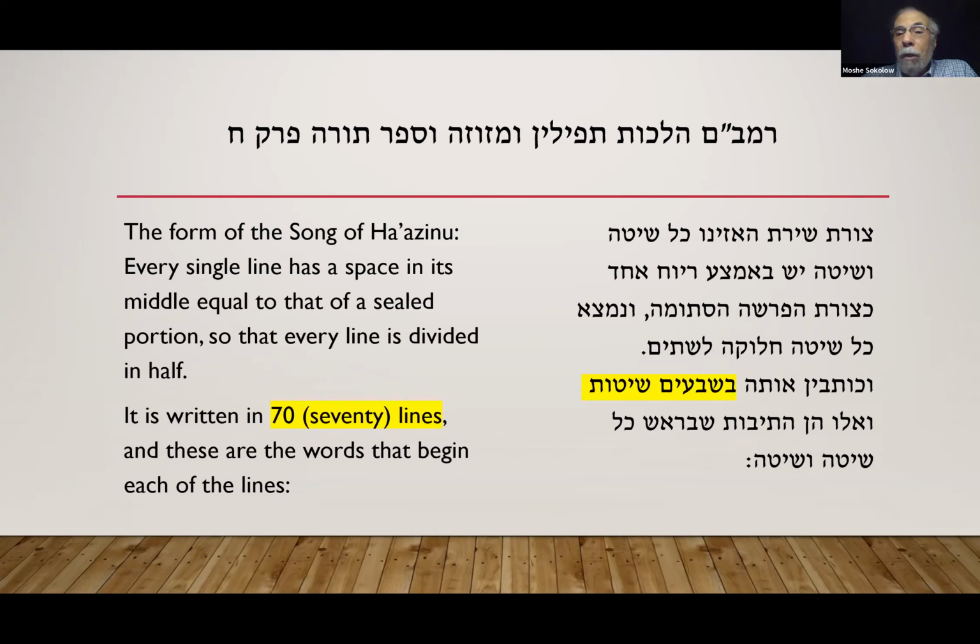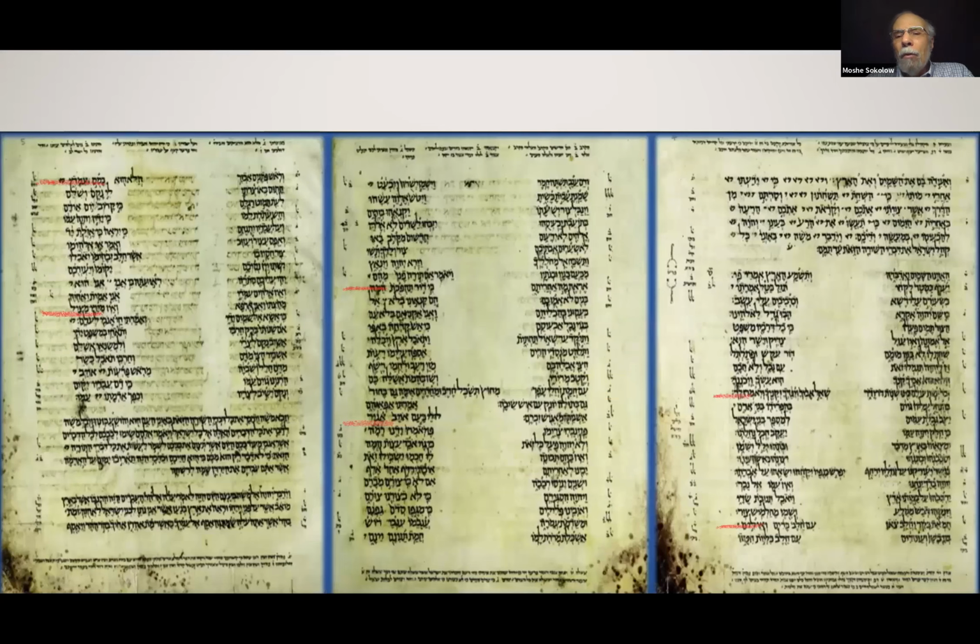Okay, so obviously then, the manuscript that Maimonides relied upon, the one that he said had been in Jerusalem and had been proofread by Ben Asher himself, dictates that the Song of Ha'azinu is written on 70 lines. Here you go, folks. Simply to save us all time and